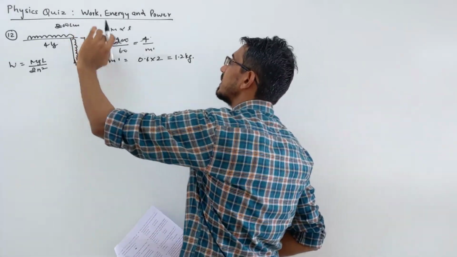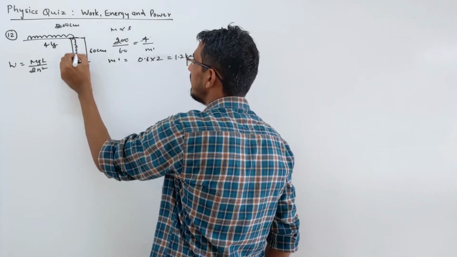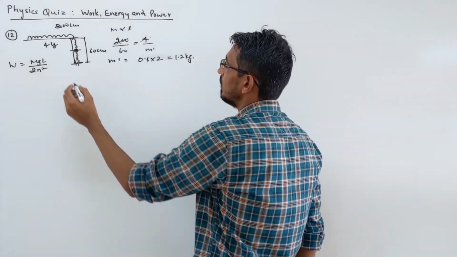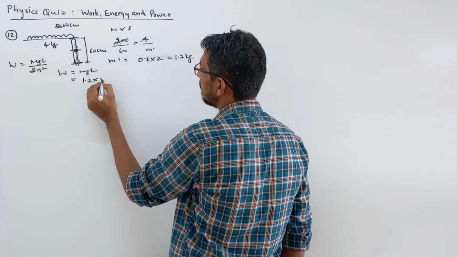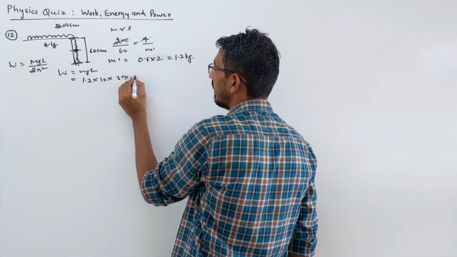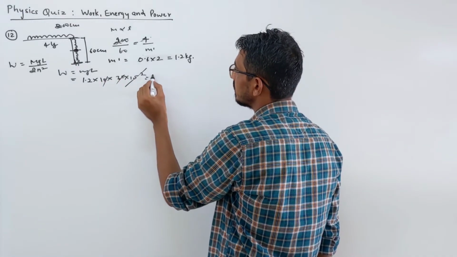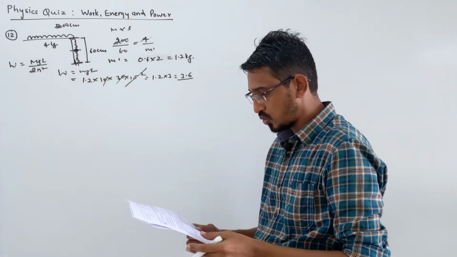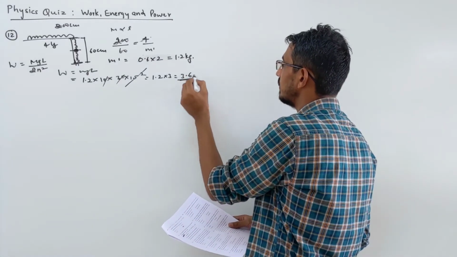You want to pull that mass up on the table, which means you are doing work against potential energy. The mass varies from here to here, so you take the center of mass concept. The center of mass is located here, and this center of mass you are pulling onto the table. So work done will be equal to mgh only. m is 1.2 kg, g is 10, and the height is half of that, 60 by 2, which means 30 centimeters, into 10 to the power minus 2, in the SI system. This minus 2 cancels, so we get just 1.2 into 3, that is 3.6 joule. That should be the answer, which is given in the second option.